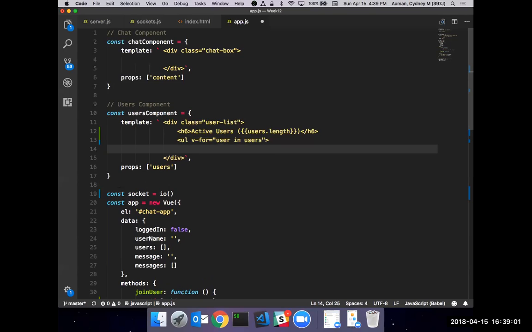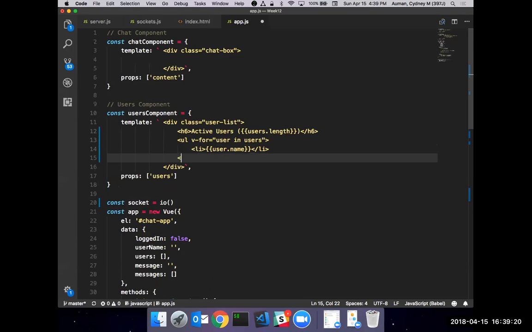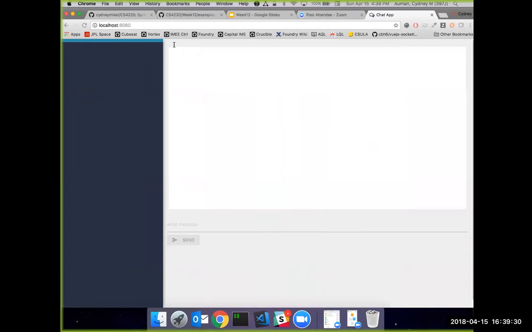Right, then maybe what we'd want to do is just put an li tag here, and then just say user.name, close the li, and then close this unordered list right there. Okay, so now we can try to give that a go.